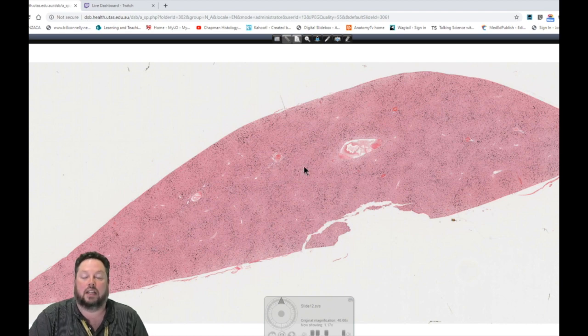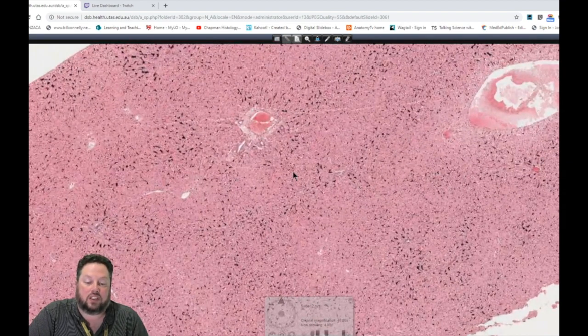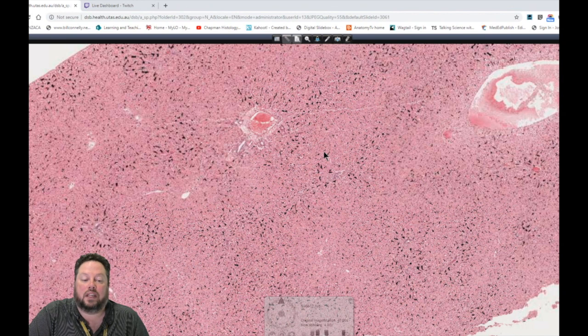The India ink then appears as these very black regions where cells have actually taken up that India ink, the carbon. And of course, we think about the cell types within the liver. The cells which are going to take up that carbon are going to be the resident macrophages, the phagocytes within the liver, and those are the Kupffer cells. So here we've stained the section with H&E, and wherever there's black, that means there's cells which have actually phagocytosed